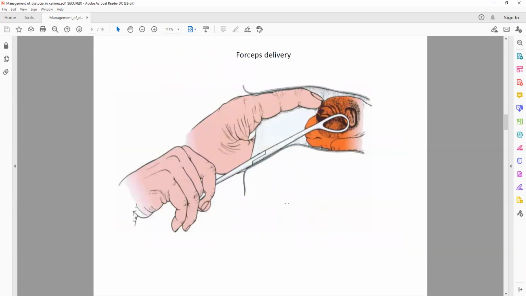You can use forceps like this. As I told you, there is much limitation to the forceps. You can use a vectis. You can put your finger downside, and then put the vectis on this head region, right? You can apply force, or you can fix the fetus by putting pressure through one finger, and then apply the vectis and try a little bit.